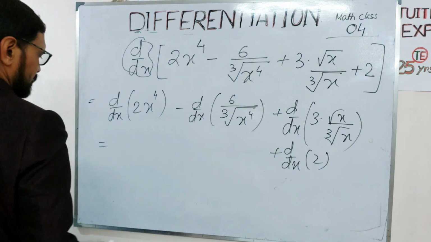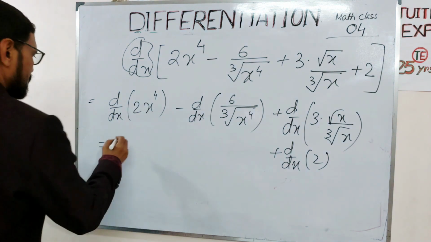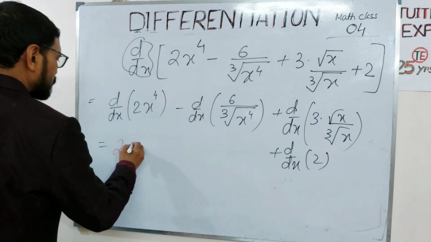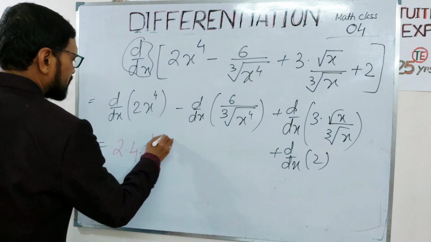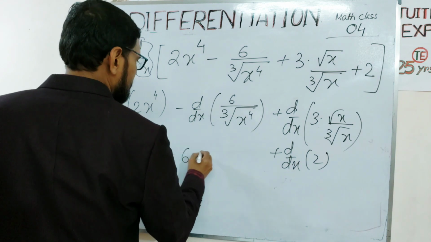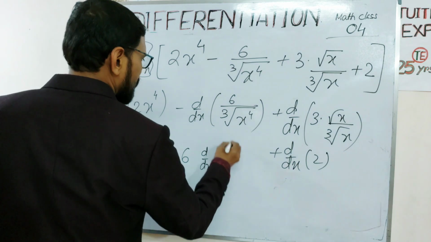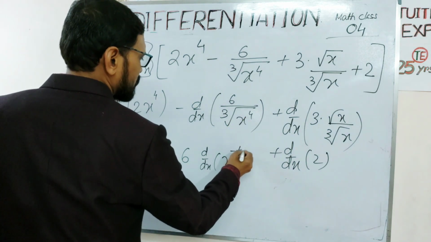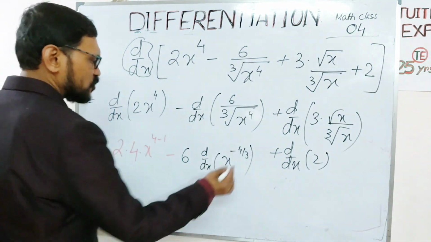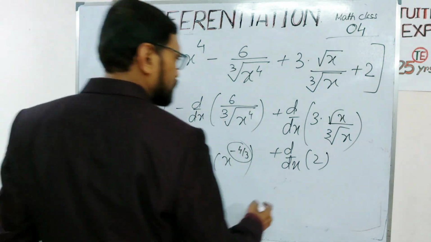Now what is the formula for this? This is a constant term, so 2 is outside, and by the x to the power n formula it is 4 minus 1. And this becomes 6 into x to the power 4 by 3. We always have to write in the x to the power n form. We have to write this in this form, then we can